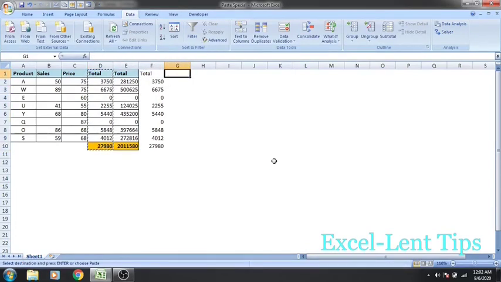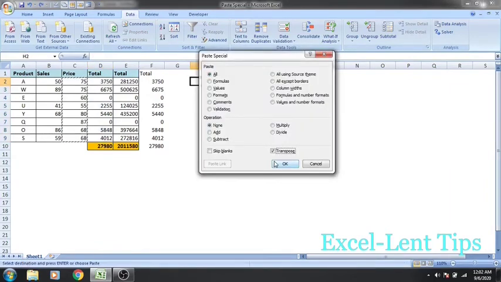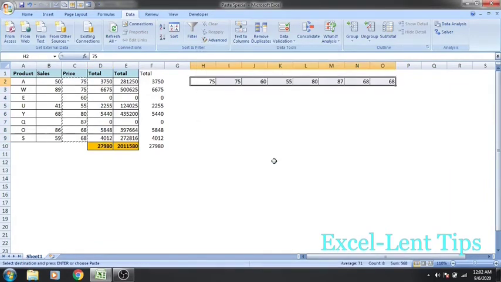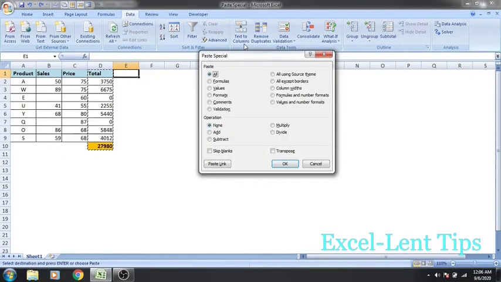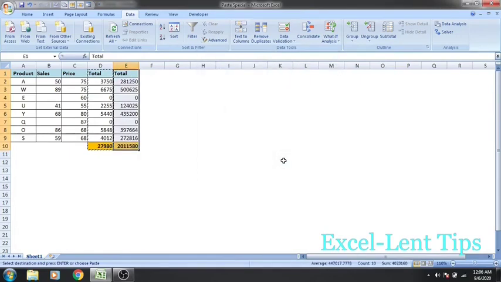And if you wish to transpose, the transpose is nothing but the vertical data to be horizontal and horizontal data to be vertical. So Ctrl Alt V and E, and then give OK. The numbers get pasted. If I give paste special, we have something called all. So what all does is it will paste the formulas, the formats, comments and validation. Except values, all other details it will paste. Hope this was very helpful and useful to you.